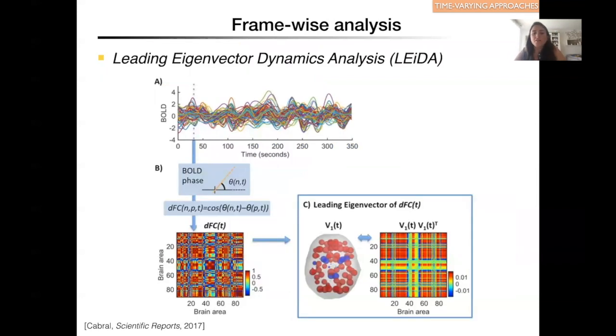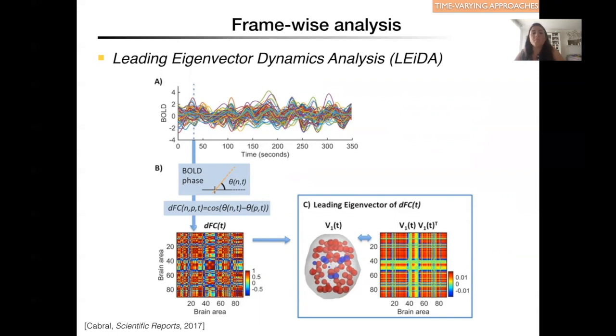Another example that I would like to mention, but I wouldn't go into details since we have the luck of having here Joana Cabral, who introduced this method and will guide us through all the details in her presentation after. But I just wanted to mention it as an example of frame-wise analysis: the leading eigenvector dynamic analysis of the data. Here, this is a frame-wise analysis because we got rid of the window by considering coherence